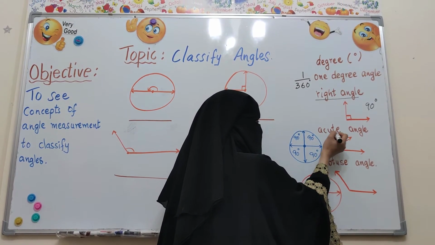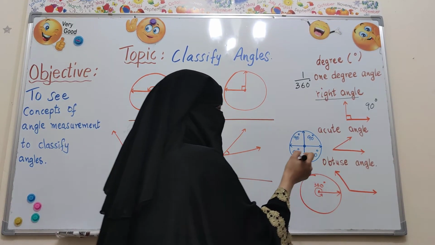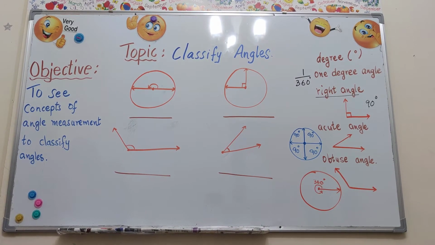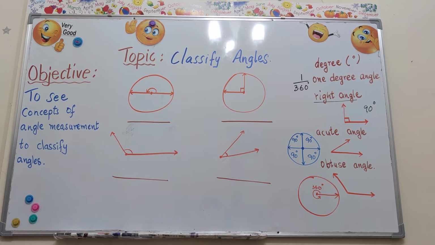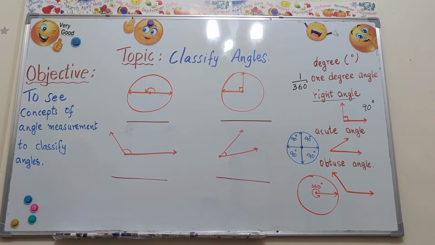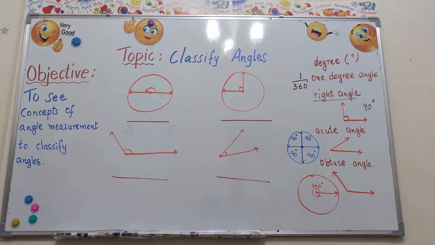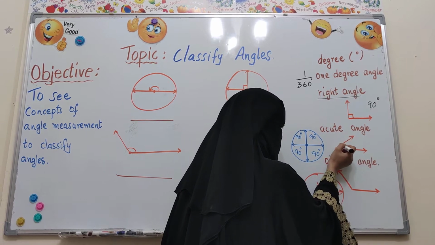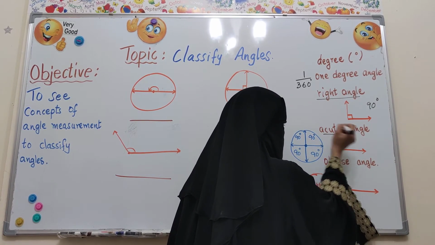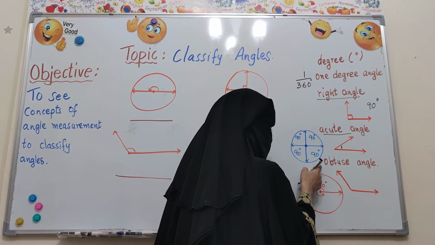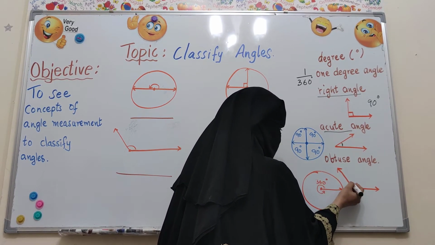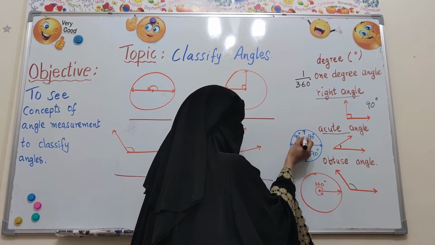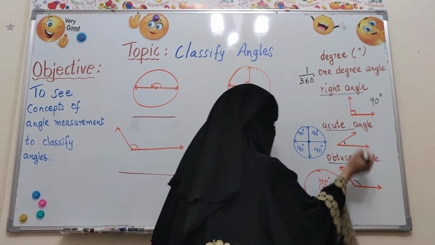But when I say an acute angle, this is called an acute angle. It is less than 90, but greater than 0 degrees. Okay? It is not 0 degrees. It is greater than 0 but less than 90. So this is making an acute angle. Whereas the obtuse is the opposite one. It is greater than 90. 90 is here. 90 is this one. When I am going more than 90, it becomes obtuse.